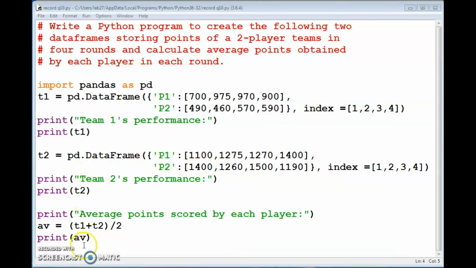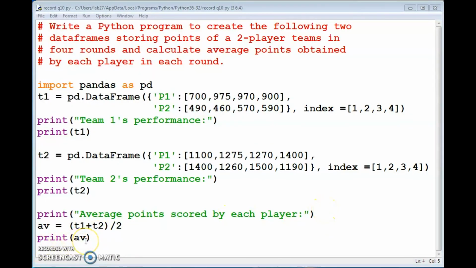For that, we can use this equation: average is equal to T1 plus T2 divided by 2. Here, matching indexes and matching columns are there, so automatically it will add T1 plus T2, then divide that value by 2. That is the average points scored by each player.